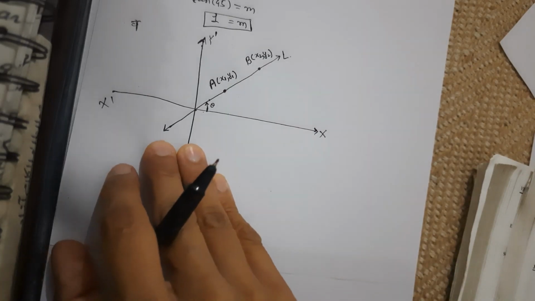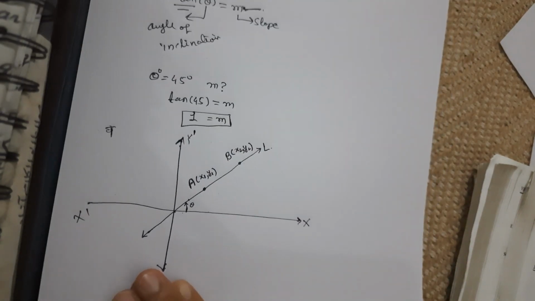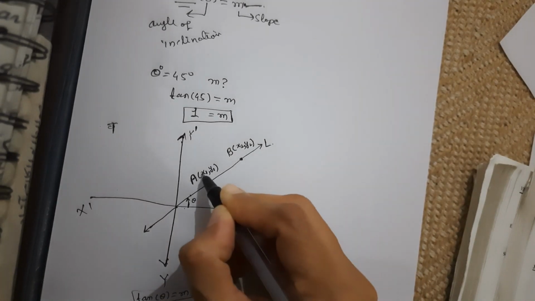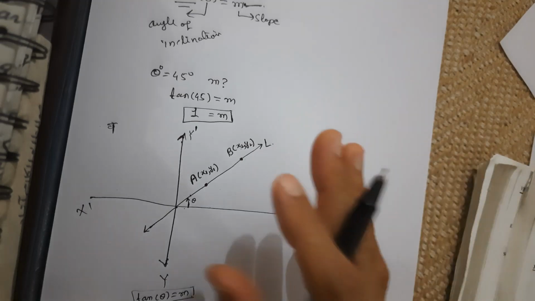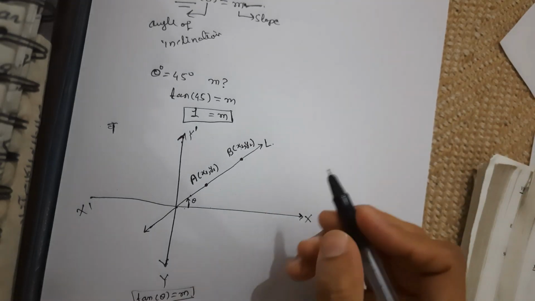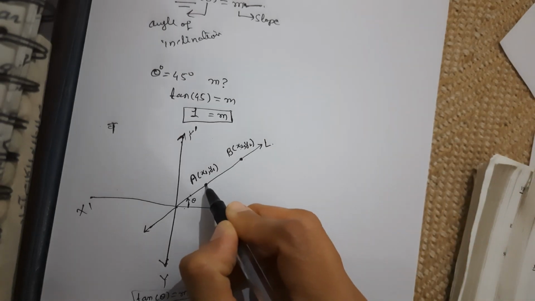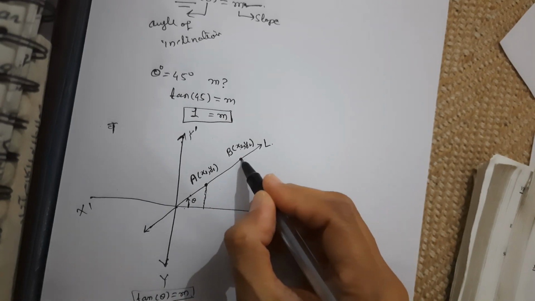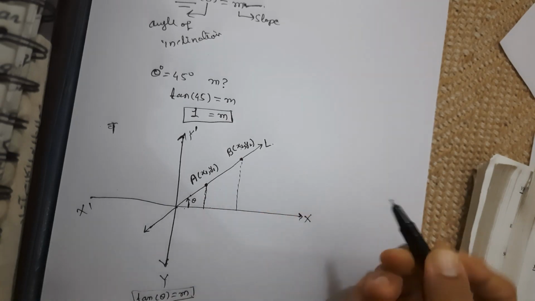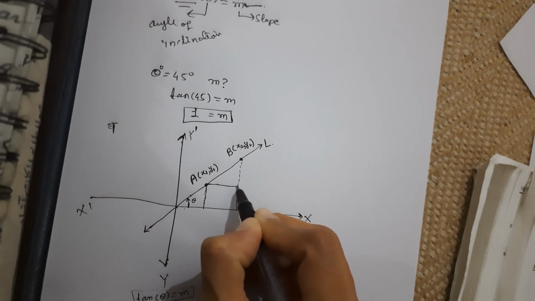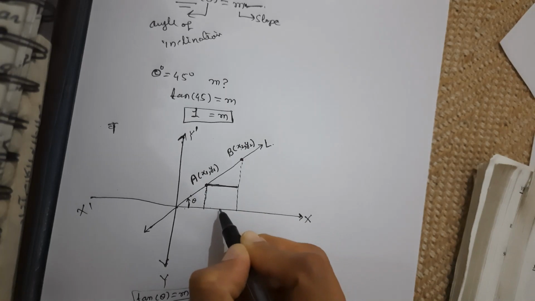Now consider this scenario again. We just have 2 points and their coordinates, and we want to calculate the slope of the straight line. So what will I do? I'll indicate the values here. Now this line will be the parallel line to the x-axis, right?